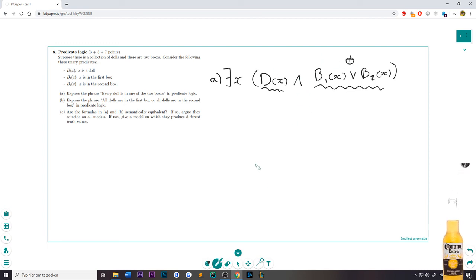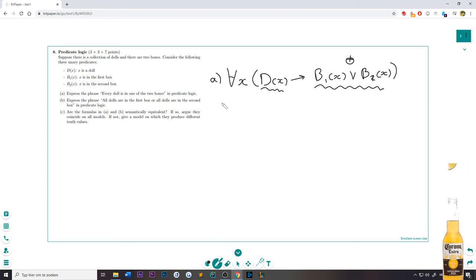Well, then we get this. Now we're saying there exists an x which is a doll and it's in one of the two boxes. So now we get "there exists" with and, instead of "for all" with implication. But that's not what the question was asking. That's just to give you an idea of why it works